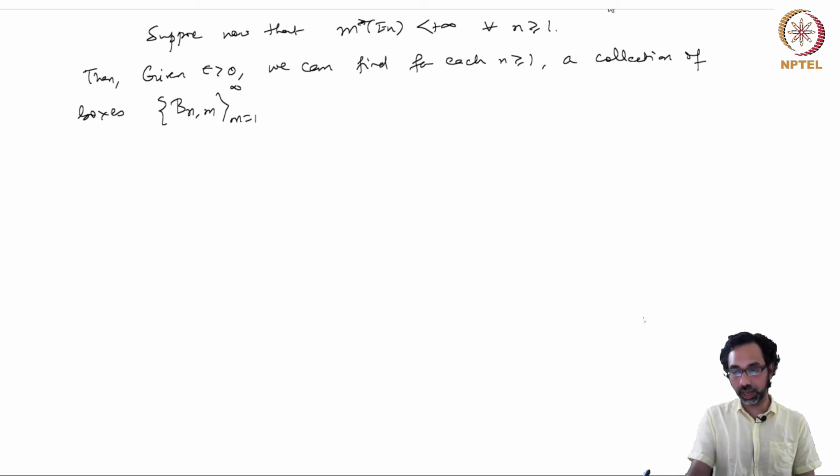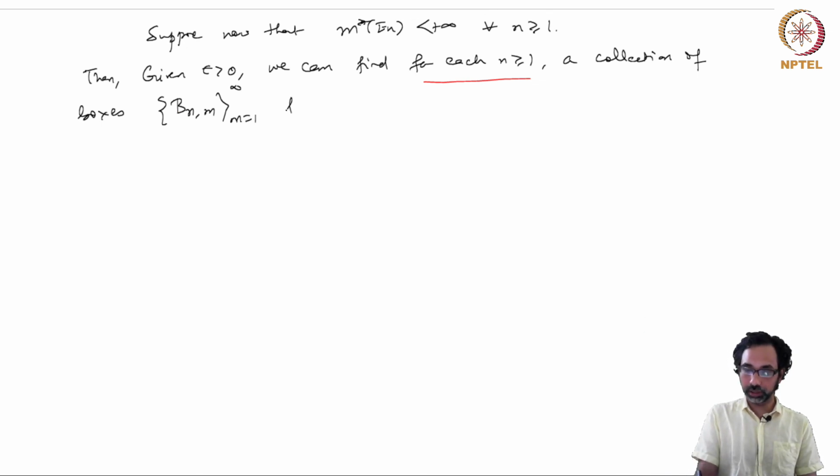So for each n, we are fixing n and taking a cover of boxes which cover En. So, this means that En is a subset of this union m from 1 to infinity b n m,